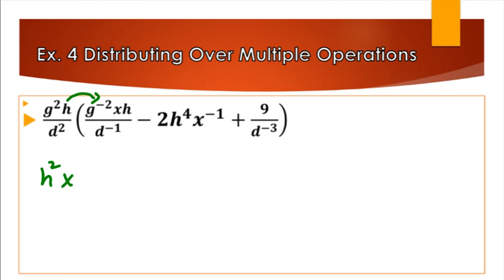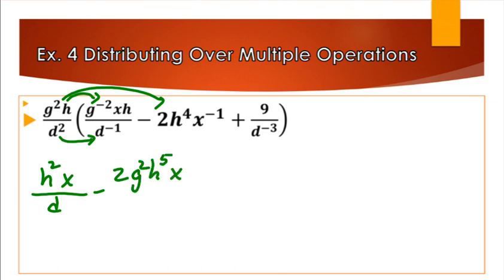Then you have an x all over 2 times d to the negative first. So add them, it just gives you d, minus, this would be 2 g squared h to the fifth x to the negative first all over d squared